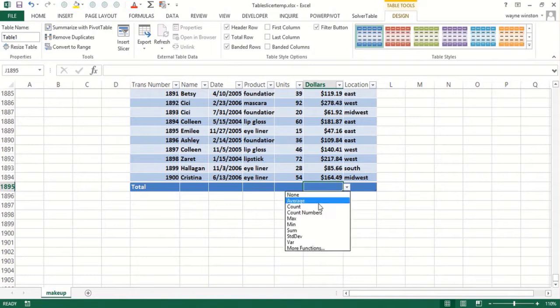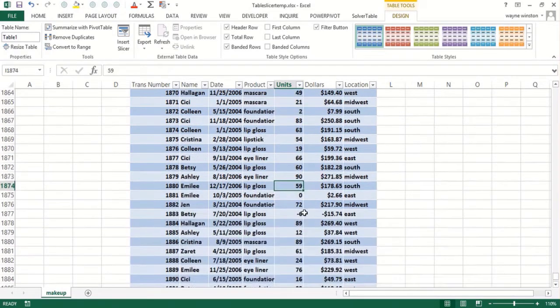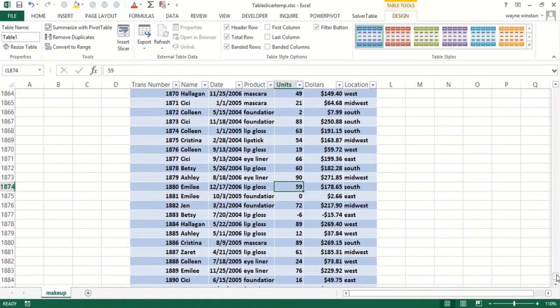So for dollars, I could do a sum or average. I just want a sum. And for units, I want a sum. So what that means is we've got in total 78,707 units sold and a total of $239,000. Now if I go back up to the top,